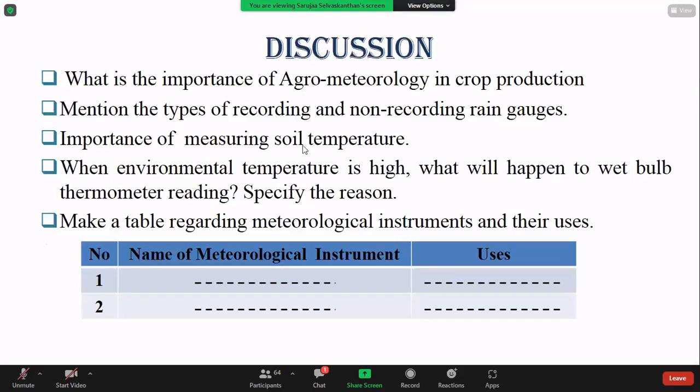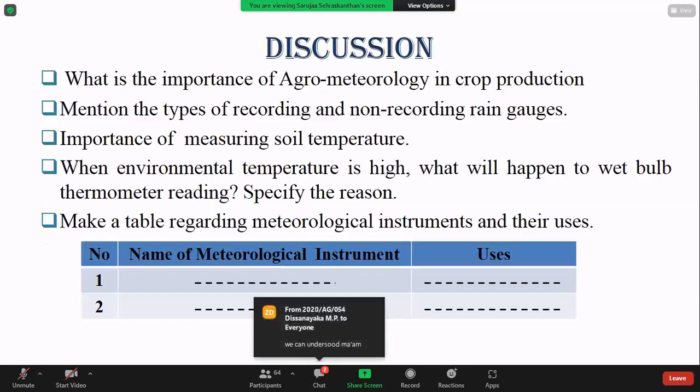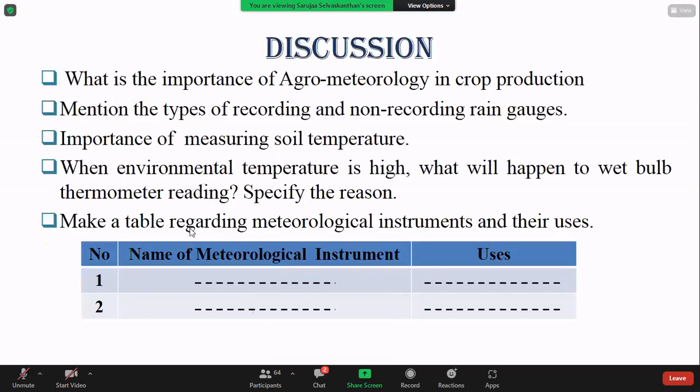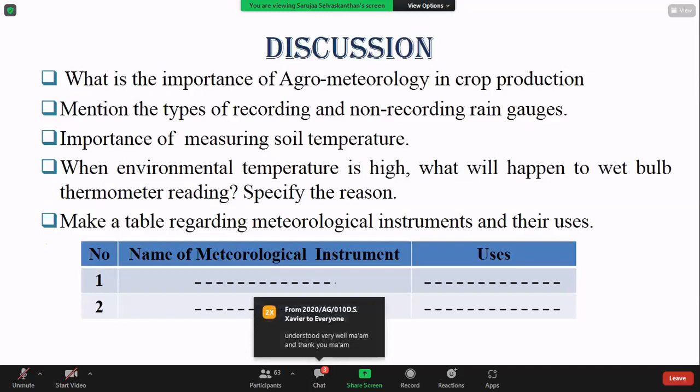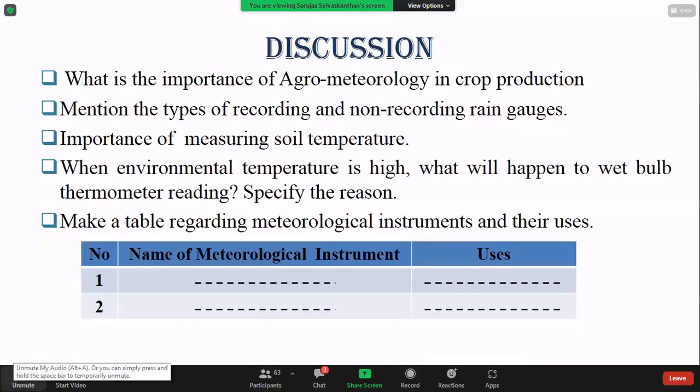This discussion is more important to get good practical record marks, because the practical record has a certain component in the examination. So just focus on these questions and try to answer them in your own language. If you answer these five questions in your own language and search for more, you will get A+ in the practical record. Try to submit the practical record. From the next class I will tell you the procedure to write the record.